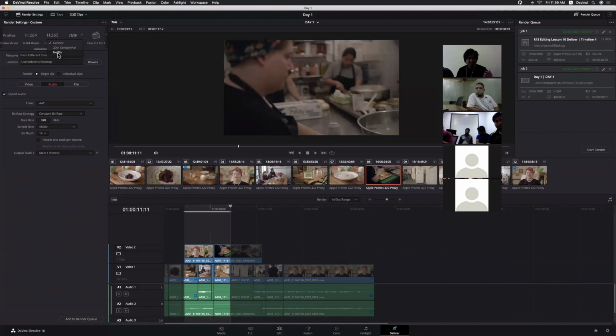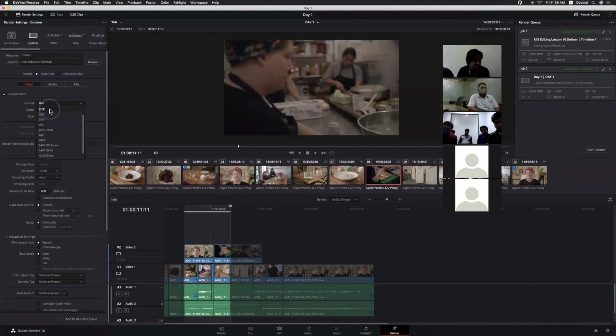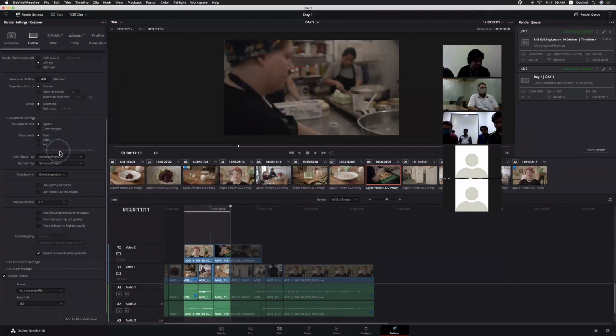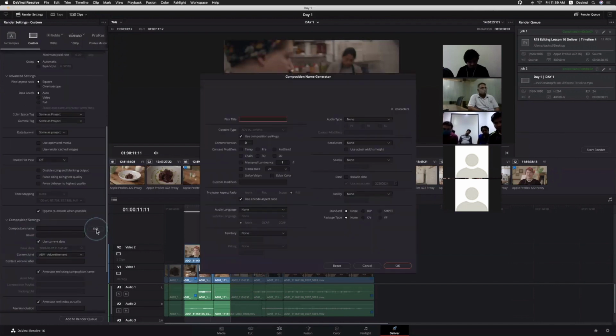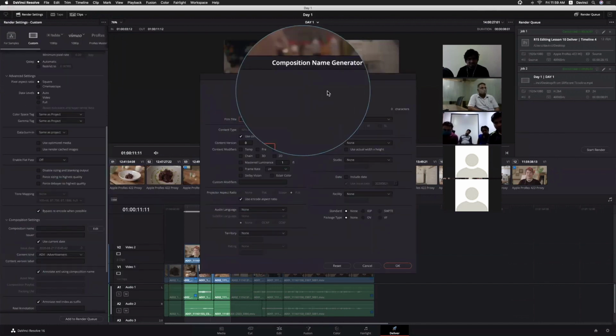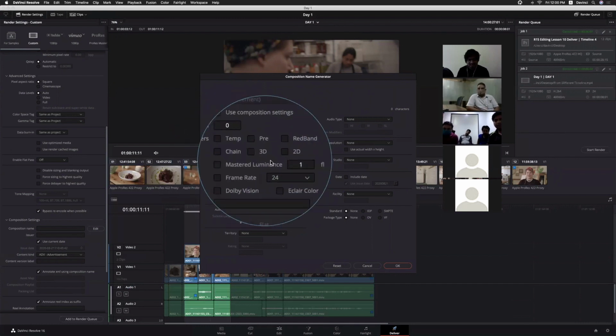And you will find different options. Let me show you a simple thing. Let's say, for example, for DCP. See, we have lots of options, like content modifiers and everything.